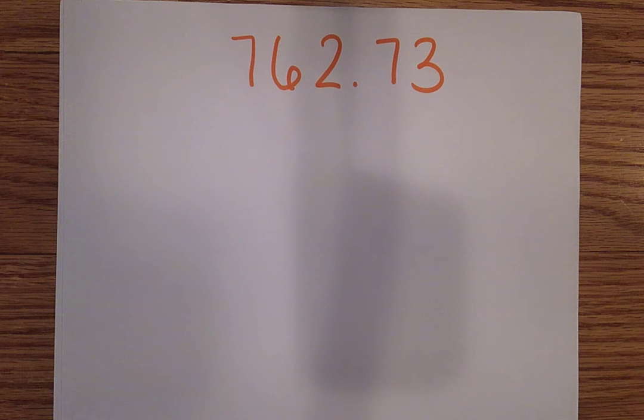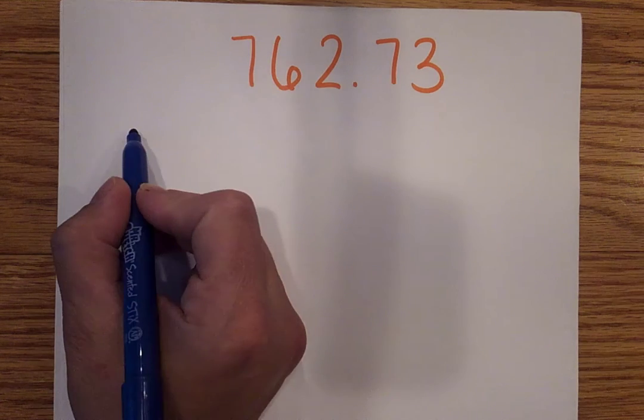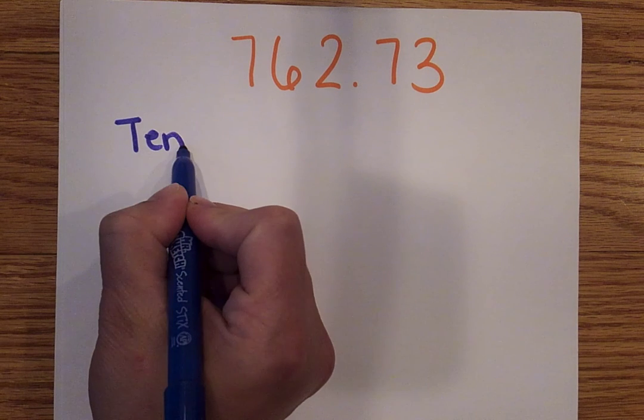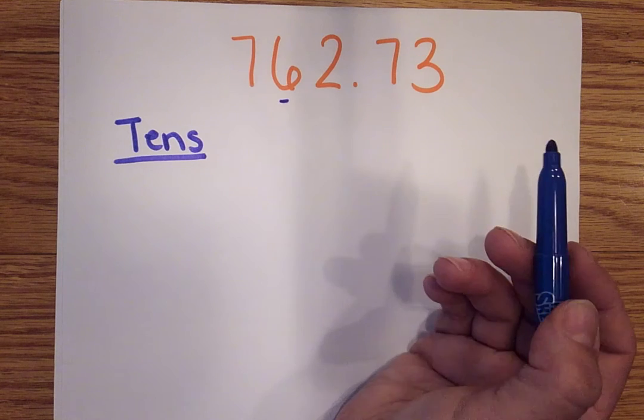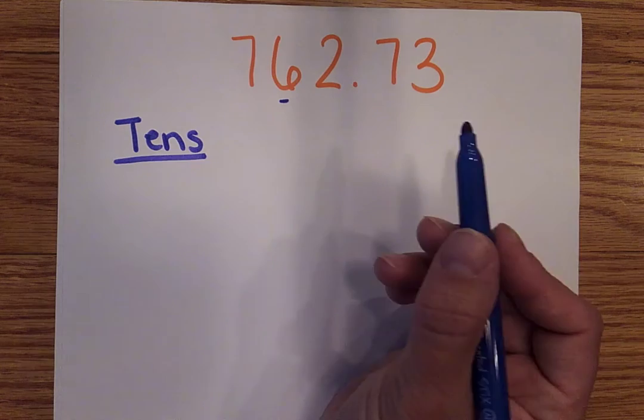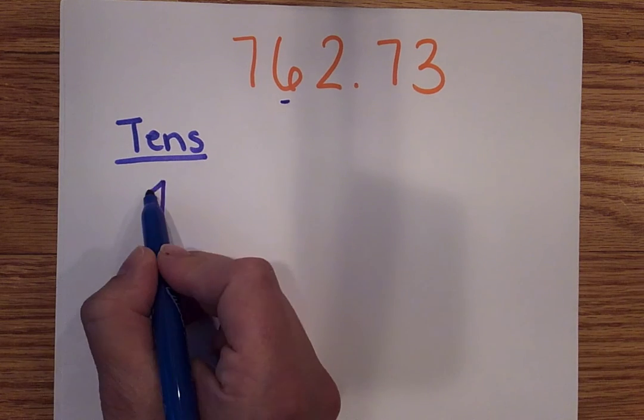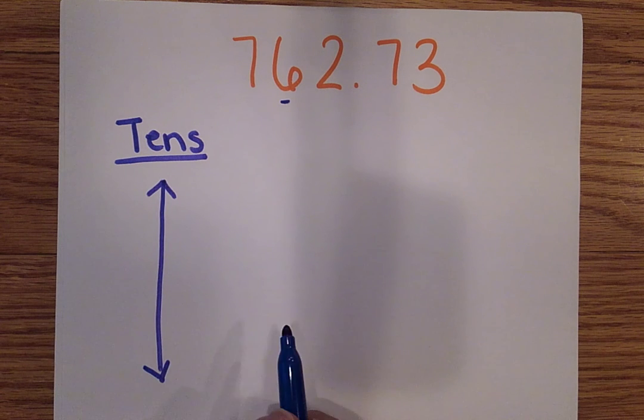This Teachlet is on rounding, and we're going to round 762 and 73 hundredths several different ways. The first time, we're going to round this to the tens place. So we're going to look to find out what number's in the tens. It's the 6. So when we look at this on a vertical number line, we know that